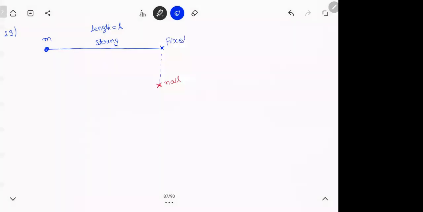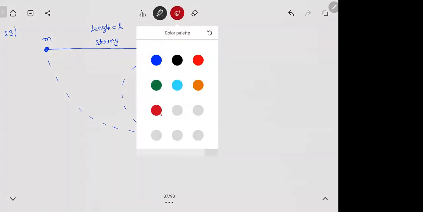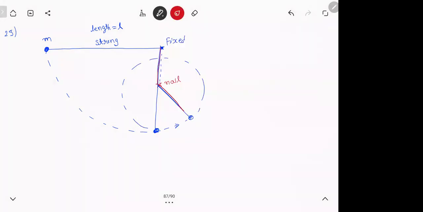This will swing. So when it comes here, this is how it will go now. Are you getting it? The upper part of the string will get stuck and the lower part will start rotating. And this will start going like this. Hope you're getting how it happens. I'll just draw different things like this. So after hitting the nail, this will start going in a smaller circle.